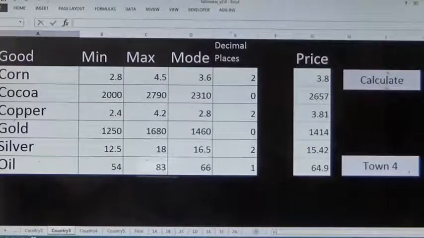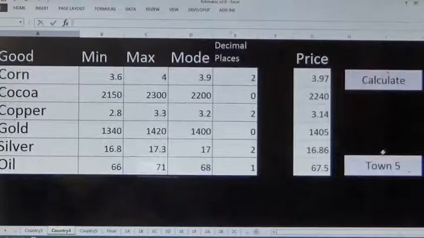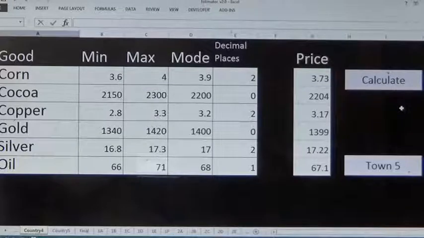Again, same thing. Let's generate the price. We go now to Heartland. This is our 4th town. More prices generated. You can see the distribution here seems a little narrow, doesn't it? So again, what you understand of risk can actually help you predict where you're going to get the highest price, or you've got a bit more security where the price is. But sometimes if you want to win a game of this nature, you may have to play a little bit more risky. But anyway, that is up to the participants when we get to the contest itself.